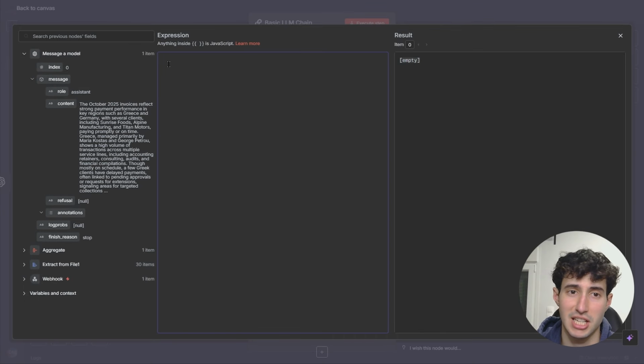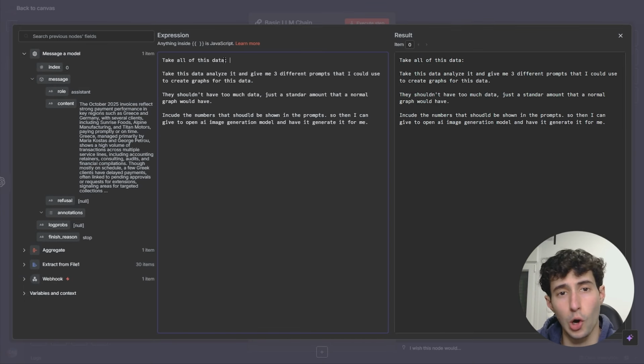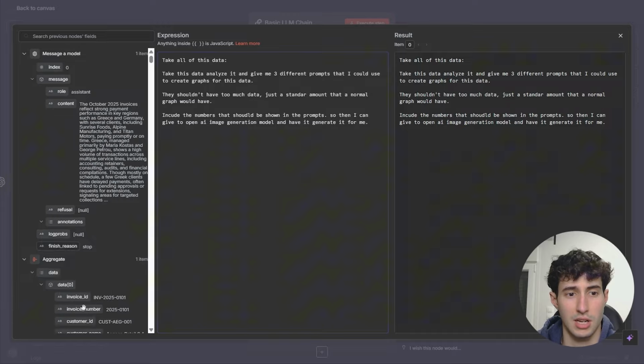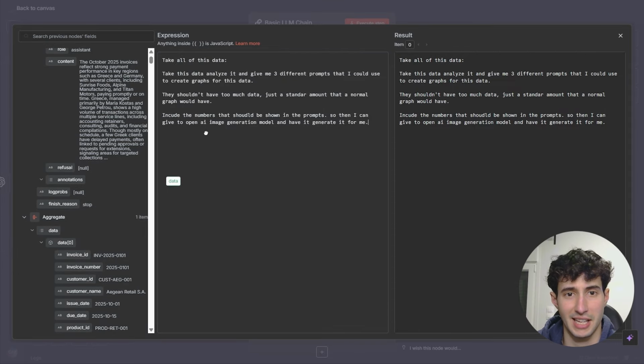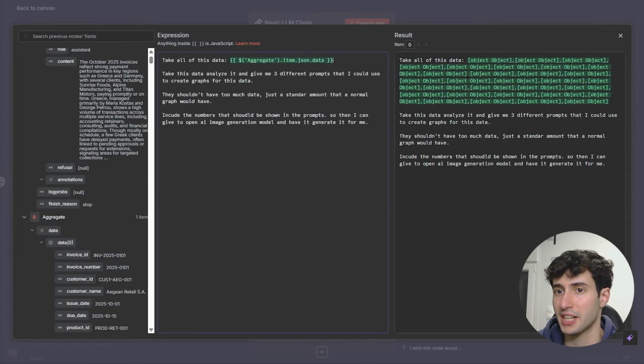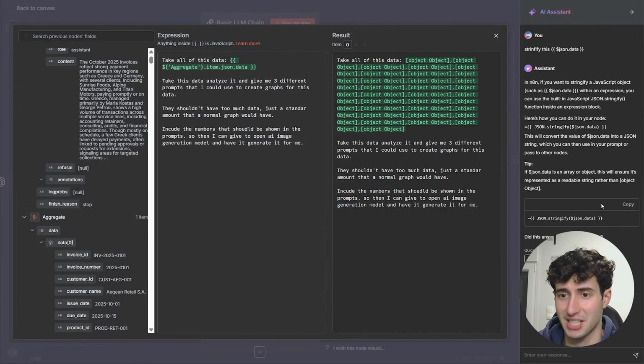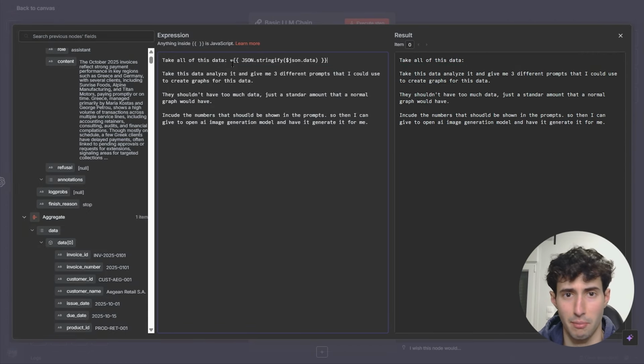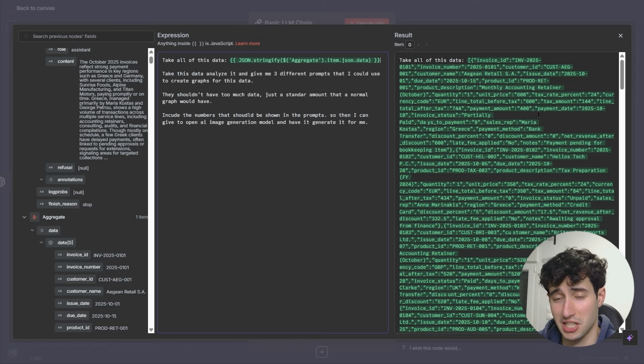So for this example, I will come over here and type, take all of this data. Now what I will do is open up the aggregate node, and again I will take this array, drag and drop it over here. Again we have the same issue, so what we basically have to do is use the same exact snippet of code that we had from before. So let me delete this and paste this over here, and boom, as you can see now all the data